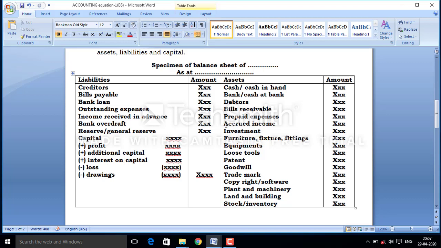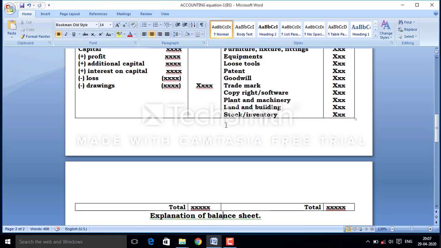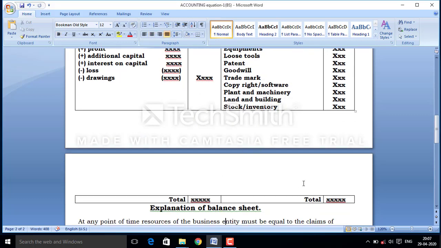If the organization is purchasing these assets, it will use the funds and create assets for the organization. And after preparation of the balance sheet, it is mandatory that the totals of both sides must be equal. There should not be any kind of difference on any side. Suppose that if liability is rupees 1 lakh, then assets must be rupees 1 lakh. Assets will not increase by rupees 1, or the liabilities will not decrease by 1. So both sides must be equal.